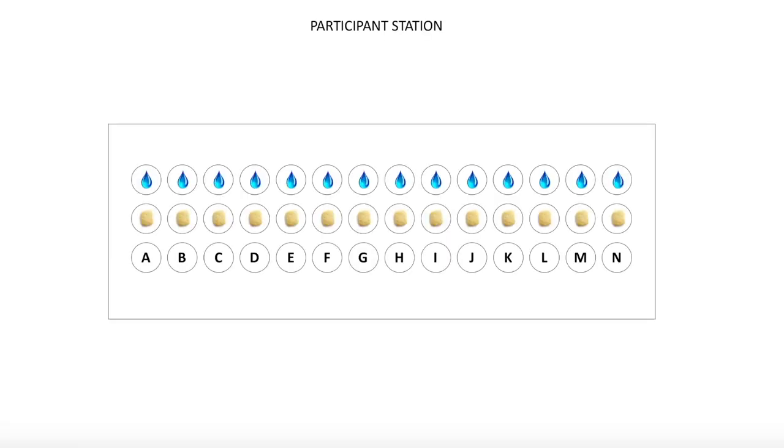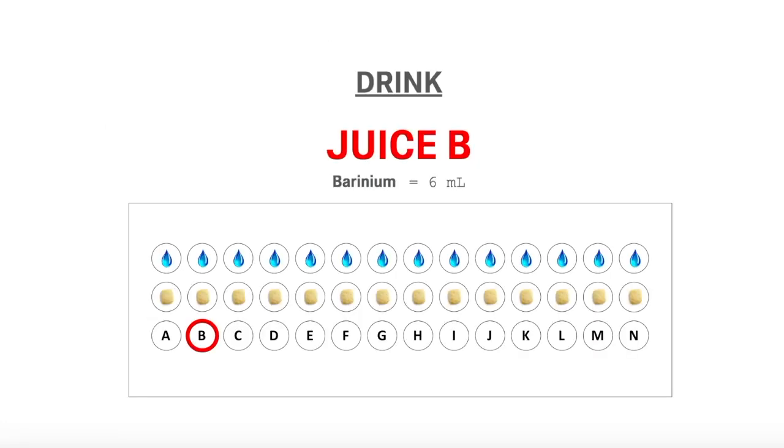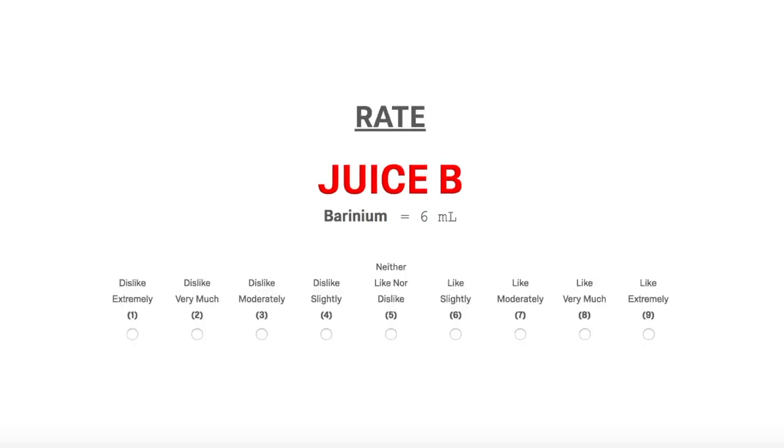When the tasting task begins, the computer will tell you which juice sample to drink when. For example, if the computer screen says, "Drink juice B," you should drink the entire cup of juice labeled B. You'll have 15 seconds to do this. A clock will be displayed in the top left-hand corner to let you know how much time you have left. At the end of 15 seconds, the computer will automatically advance to the next page and you'll be asked to rate juice B. You'll make your rating on a scale from 1 to 9 and you'll have another 15 seconds